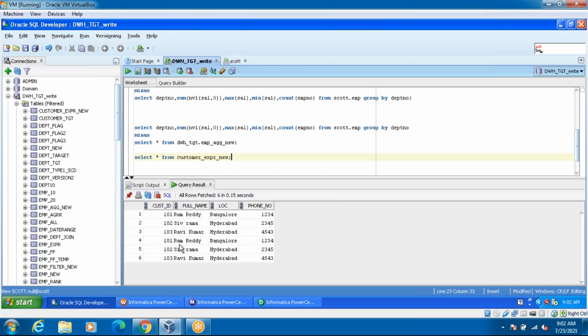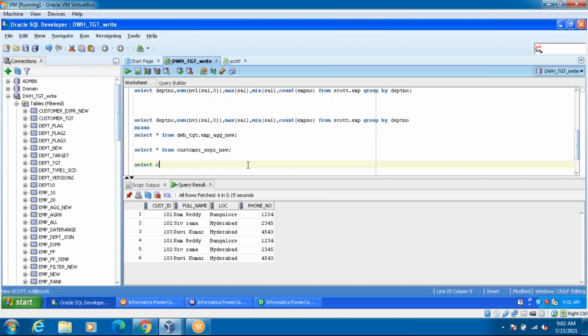See, here you see they didn't apply the logic. Now you see the end one, it will be duplicate records. You found the duplicates, how will it be? Select customer ID, count star from the table group by customer underscore ID having count greater than one.